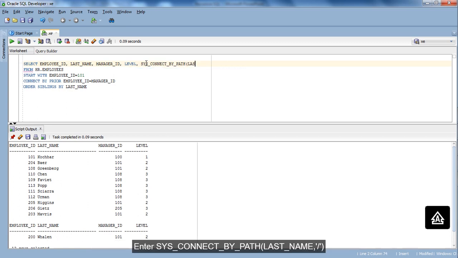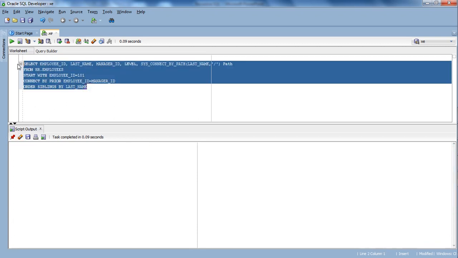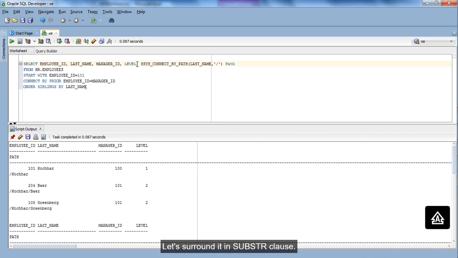Enter sys connect by path in brackets, last name and /. Let's surround it with substring clause.